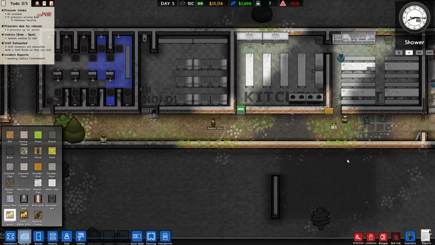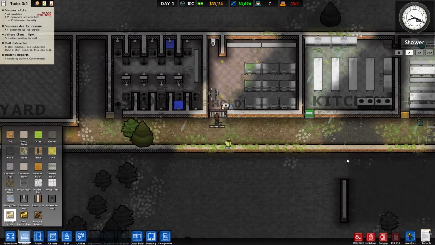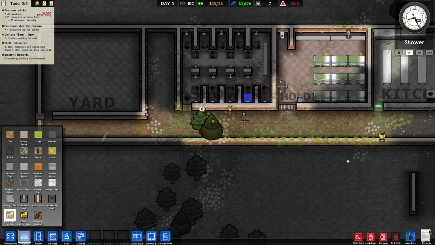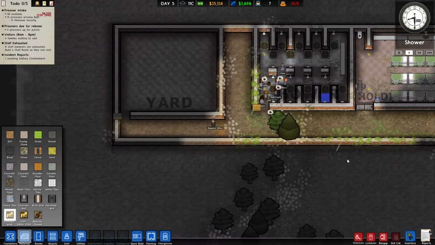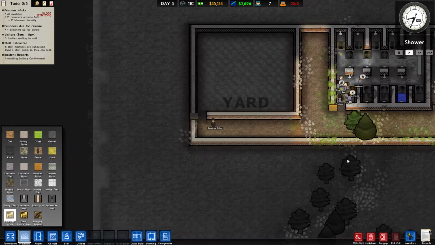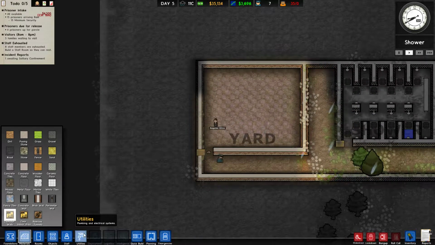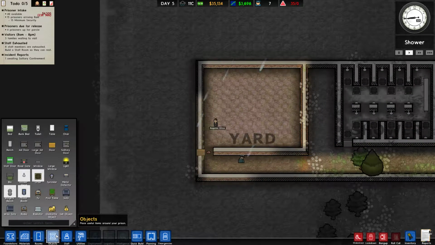This has got to be a really muddy walk right here. I could pave this if I wanted to, but it's prison. It's time to hit the showers. 8 to 9 is when I permit the women to shower. Okay. Do I need to run any utilities on here? No. So I'm going to put some